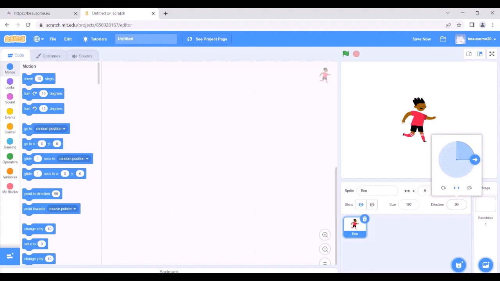So we will see those later on when we create our code. Now I will choose my background by clicking here which says choose a backdrop. Again, I have some other options like choose a backdrop, paint, or upload a backdrop. I will choose a backdrop.